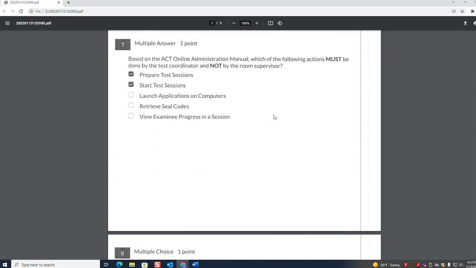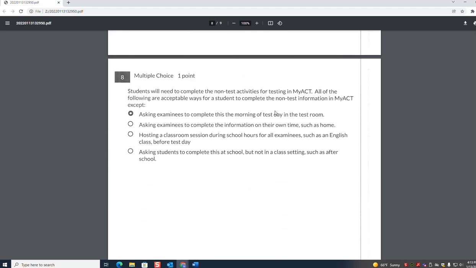Number 7, based on the ACT Online Administration Manual, which of the following actions must be done by the test coordinator and not by the room supervisor? So the test coordinator must prepare test sessions and they must start test sessions. Number 8, students will need to complete the non-test activities for testing in MyACT. All of the following are acceptable ways for a student to complete the non-test information in MyACT except,